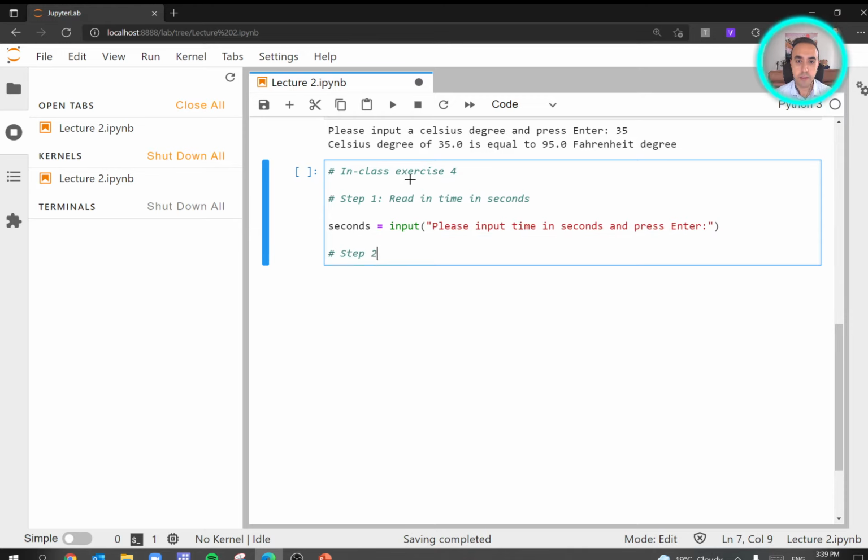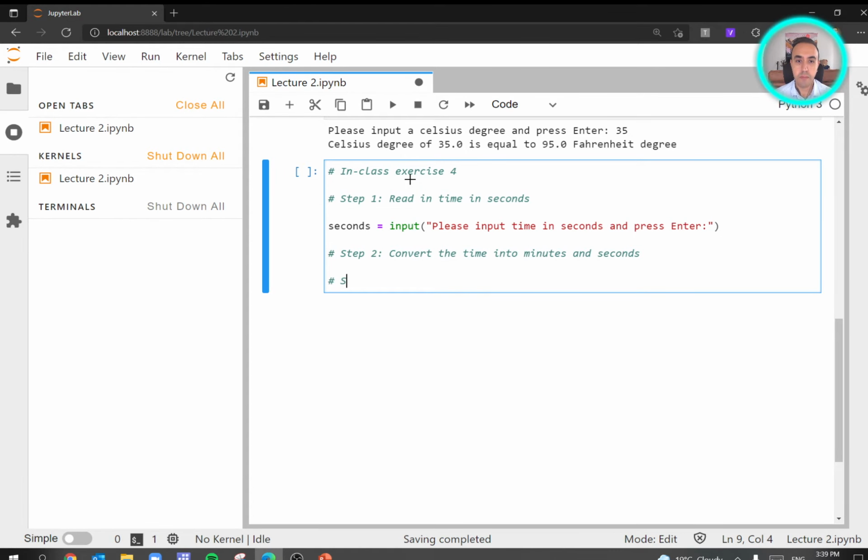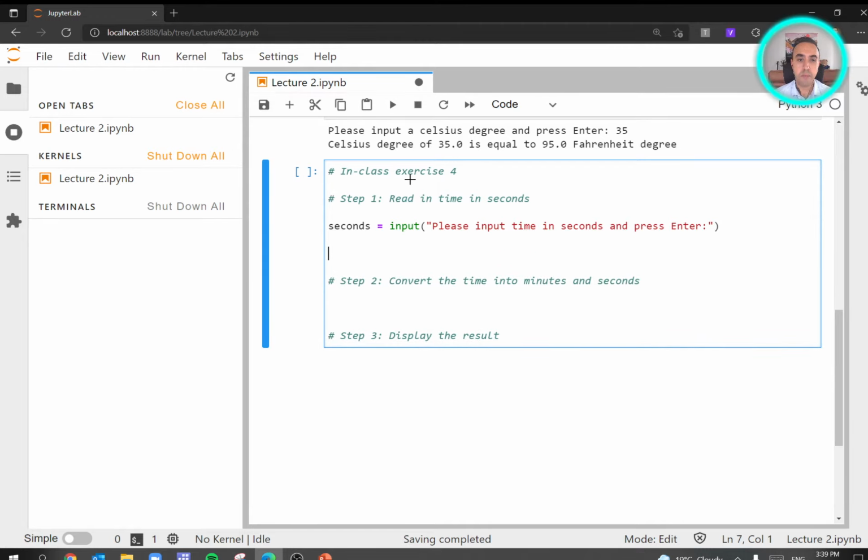Okay, and step 2, convert the time into minutes and seconds, right? So we convert and then we'll display the result. So this will be step 3. Okay, so we read in the time in seconds and then remember to convert it to